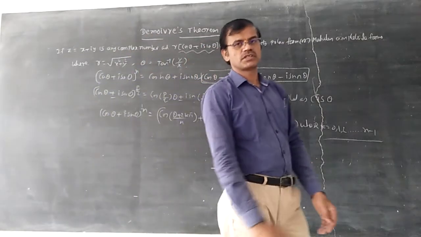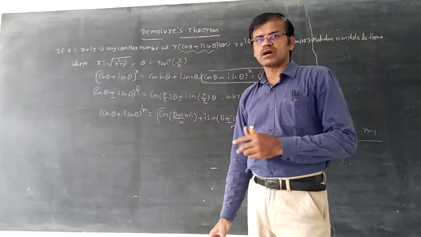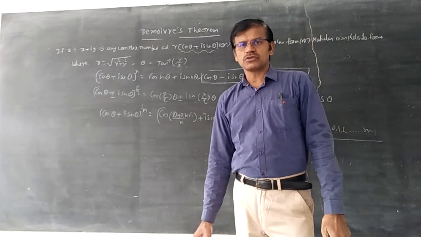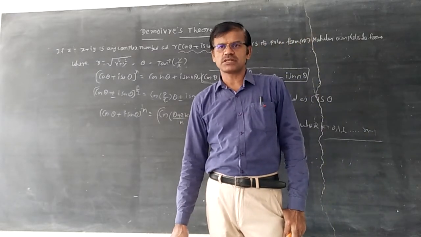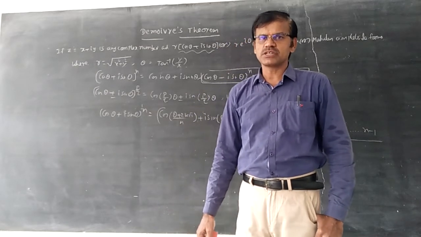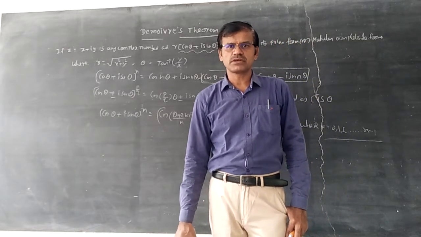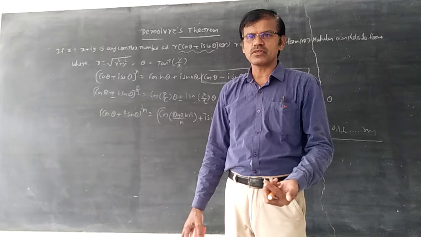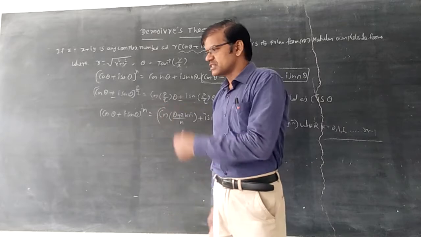Of course, we have discussed everything in IPE. In IPE, whatever sums you have proved in 7 marks examples, total 3 sums we have discussed. If a plus b plus c is equal to 0, then a cube plus b cube plus c cube is equal to 3abc. The concept: cos 3 alpha plus cos 3 beta plus cos 3 gamma is equal to 3 cos of alpha plus beta plus gamma, and sin 3 alpha plus sin 3 beta plus sin 3 gamma is equal to 3 sin of alpha plus beta plus gamma. In a similar way, cos square alpha plus cos square beta plus cos square gamma is equal to sin square alpha plus sin square beta plus sin square gamma is equal to 3 by 2. Apart from those questions, plenty of sums are there which we want to discuss in this objective De Moivre's theorem.